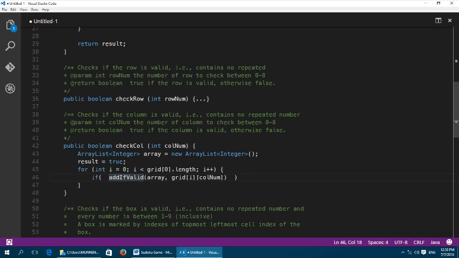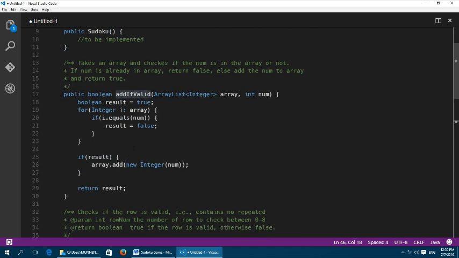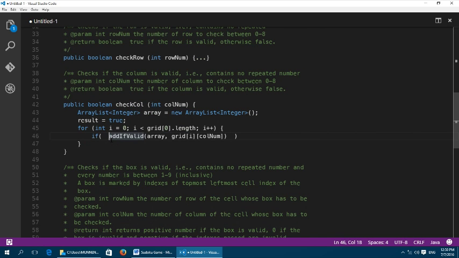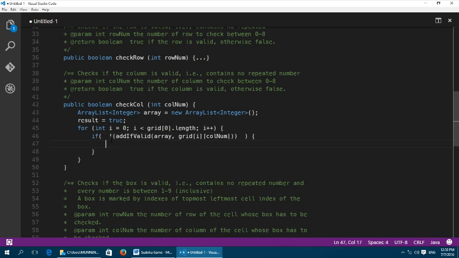When we call this method, it is going to return either true or false. If the number is added, it is going to return true, and if the number can't be added, because it already exists, it will return false. So if this returns false, then only we want our if condition to be evaluated. What this if conditional will do is set the result of this method to be equal to false. And so we are nearly